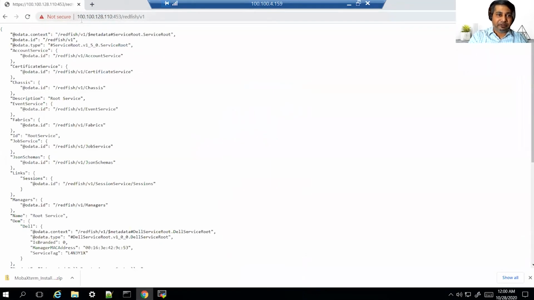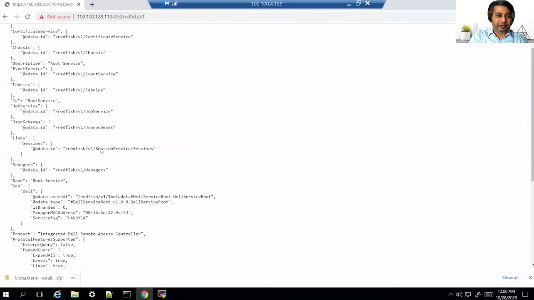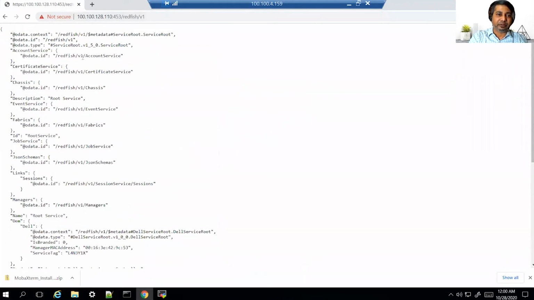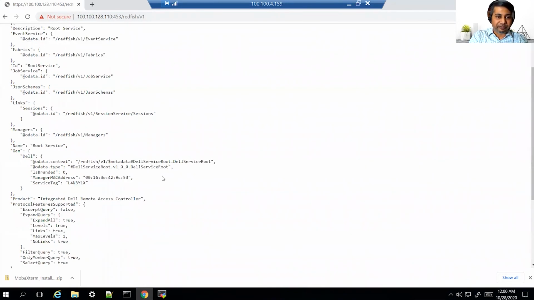If I make a Redfish call, you can see all the Redfish resources that are being listed out here, and you can drill down to each and every resource to query for all the Redfish communication that is possible using this. We can also look at how the actual WSMan calls refer to it.